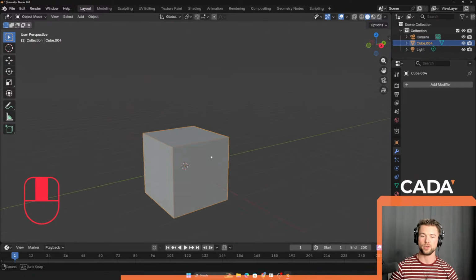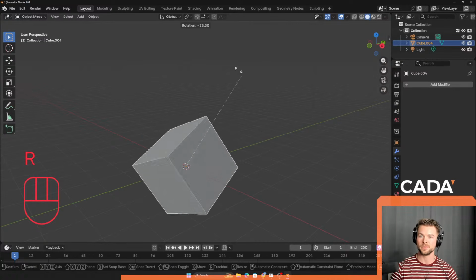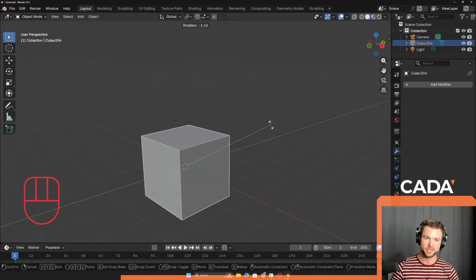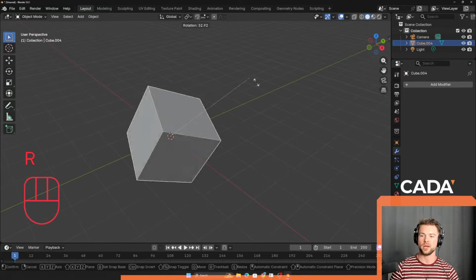The next thing we can do is we can rotate. So that is R. And don't worry, guys, I'm gonna say it the whole class. So every time I click G, I'm gonna say G to grab and Y, and you can just repeat on your keyboard what I say. So R to rotate,